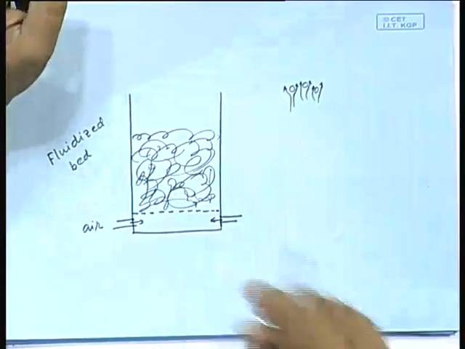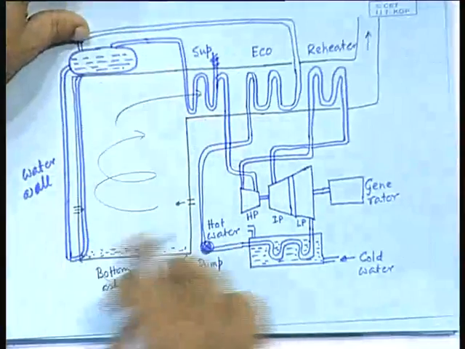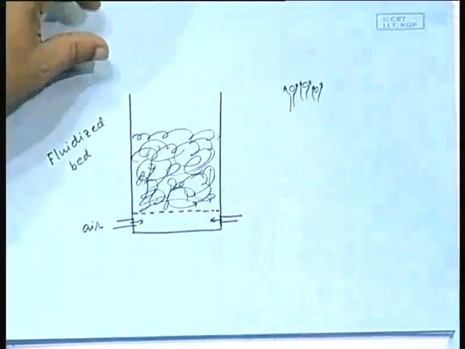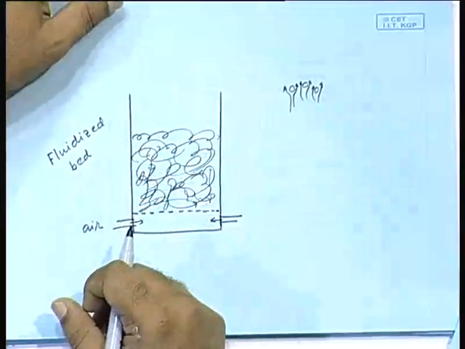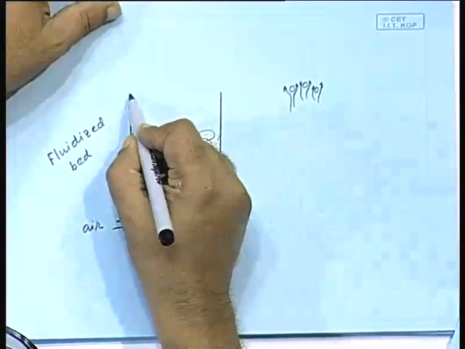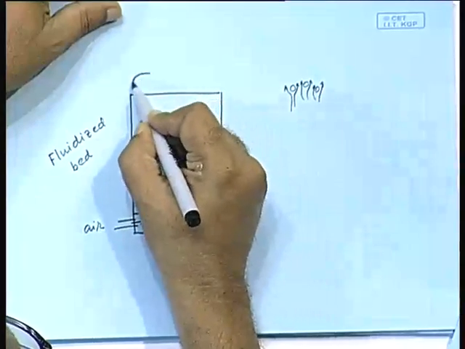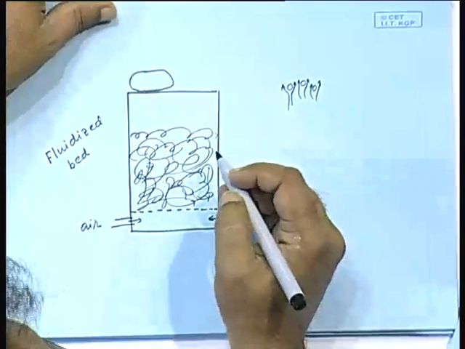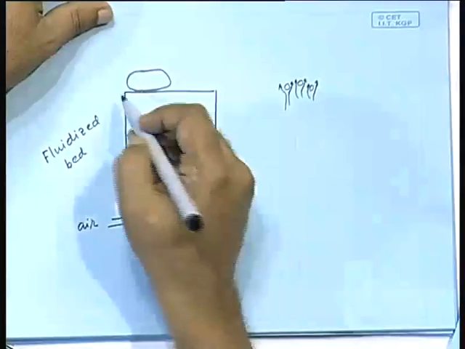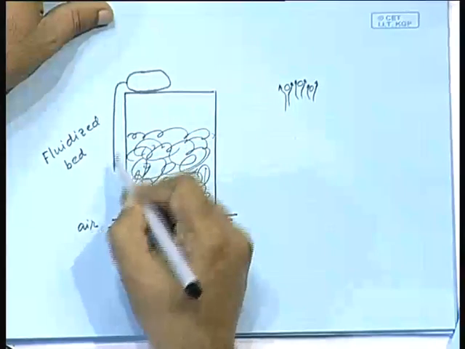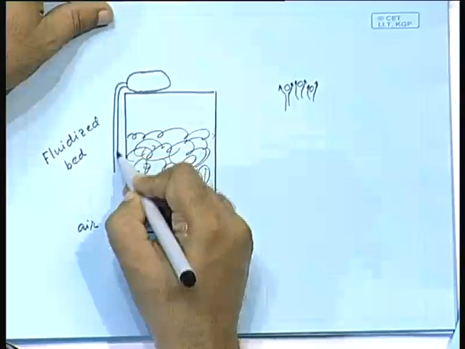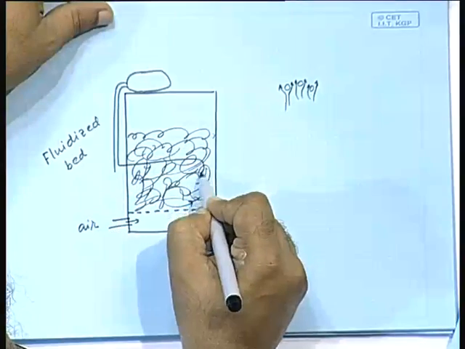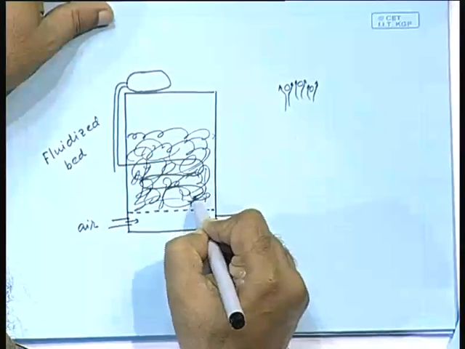So how to do that? The boiler earlier was like this, now the boiler is like that. Here also there would be the boiler drum, and now the difference is that now you can bring the downcomer like this and have the tubes going like this.